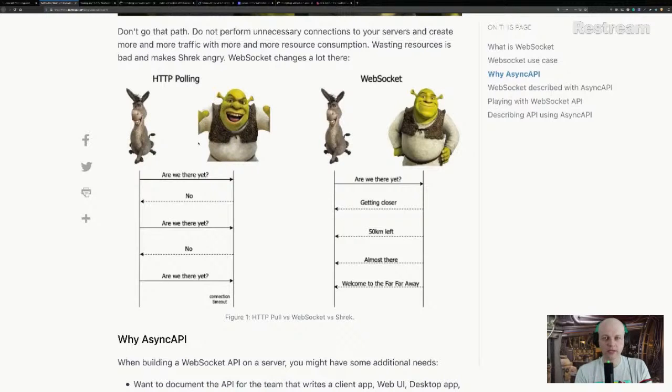It should work in the way that you just connect to a given socket, a given channel, and that will always provide you messages. We'll send you messages with the latest information about the status of a travel to far away, for example. So instead of asking all the time, you just say, okay, send me updates, and then the server, depending on the settings, every second, or maybe only when a change happens,